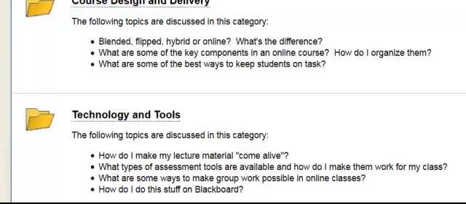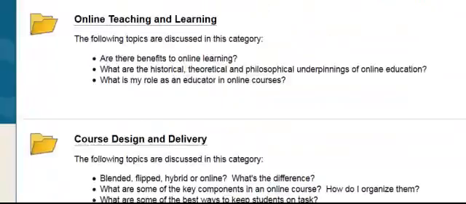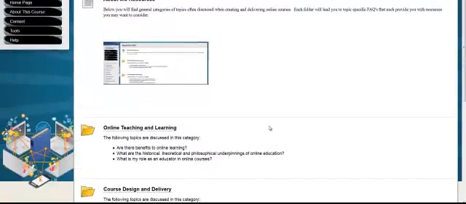So what is the difference between synchronous and asynchronous, and which is better? How do I get my students to read my announcements? And is social media useful in online education? So those are the topics that are addressed in the resource section, and they are also the modules for the